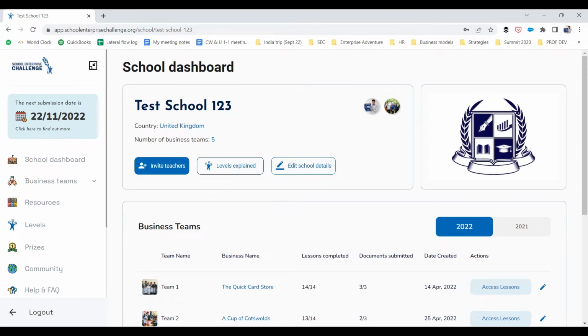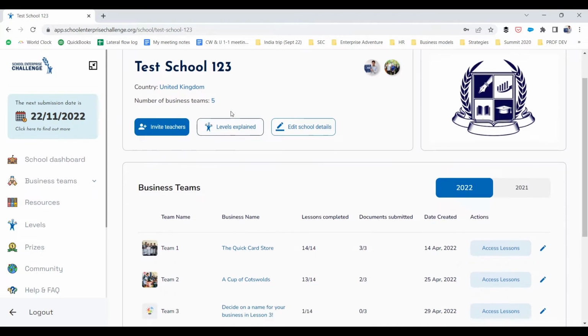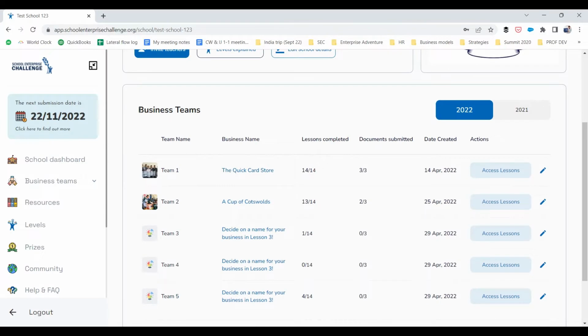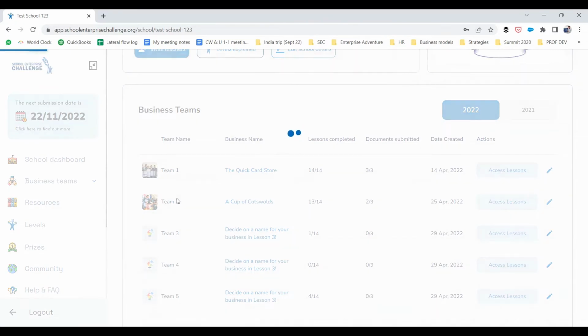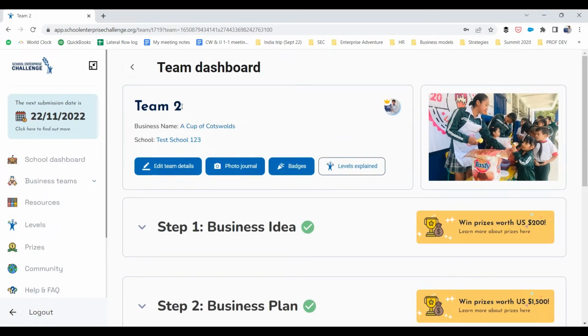Once you have logged in, you will arrive on your school dashboard. Here, you need to scroll down slightly until the Business Team section. And from here, you need to pick which team you want to submit your annual report for. In this example, I want to submit an annual report for Team 2. So I'm going to click on Team 2, which will take me to the team's team dashboard, as you can